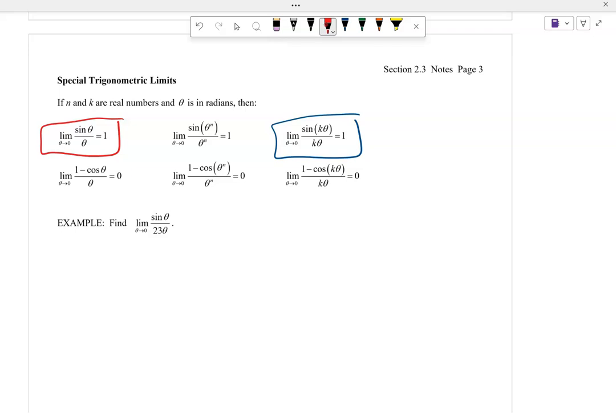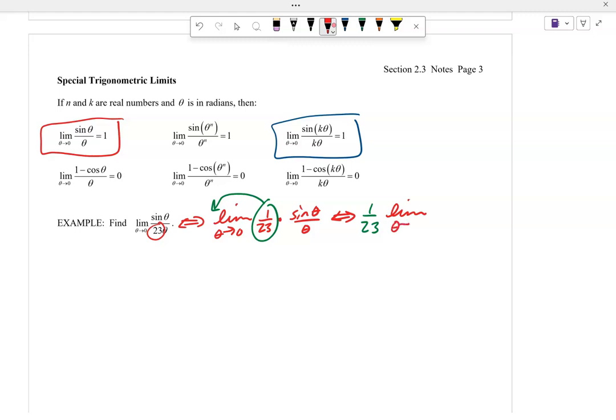Limit of sine theta over theta. So notice I have just a 23 right there. That's just a constant. So let me rewrite that. Limit as theta approaches 0 of 1 over 23 times sine theta over theta. Now I know with my properties of limits, I can put this constant out front. And so this just ends up being 1 over 23